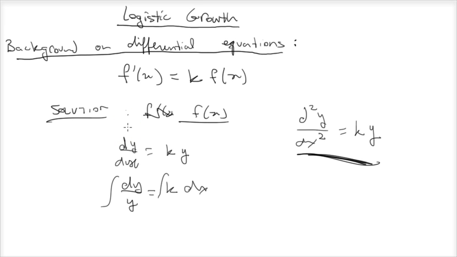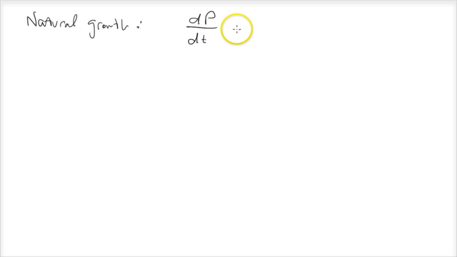Now, we've already seen, and actually we've walked through the steps to solve, the differential equation for natural growth. If you remember, you have some population, the rate at which it changes with respect to time is proportional to the amount of the population that's present. So we'd get kP, then we'd separate it out. When we integrate, we get a natural log on one side. We've seen that before. However, in nature a lot,